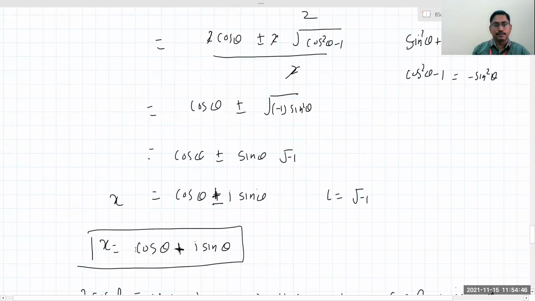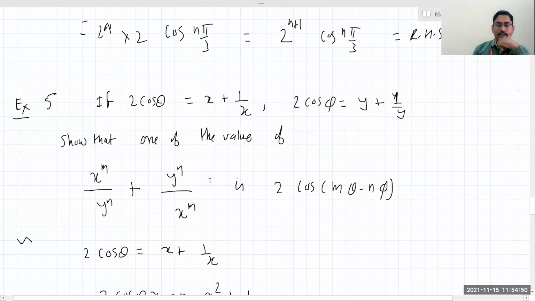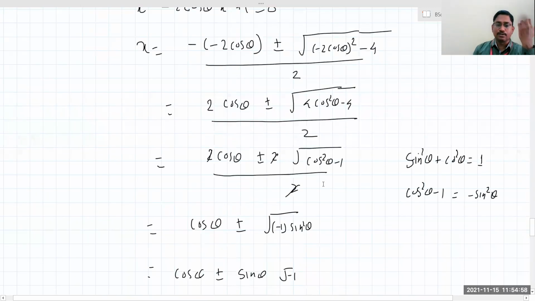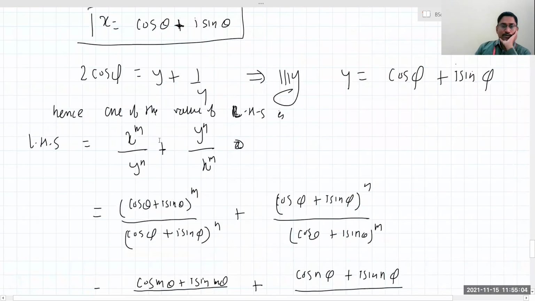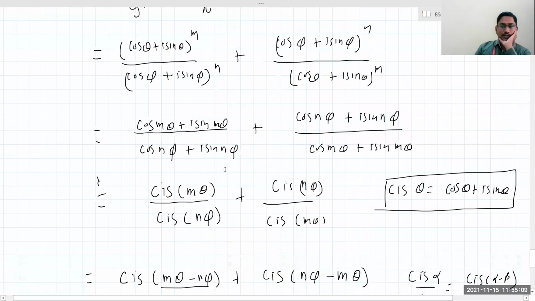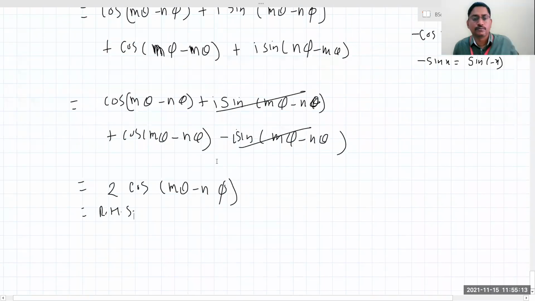You can see it's a simpler way. First we have to find the value of x, and secondly the value of y. And x and y have degree 2, that's why each has 2 values. So one value we have to consider. So I take plus in between. If you consider minus also it will work, but one value we have to consider. So one of the values of x and y I put in this LHS, and I get all these simplifications. So the imaginary part will get cancelled.